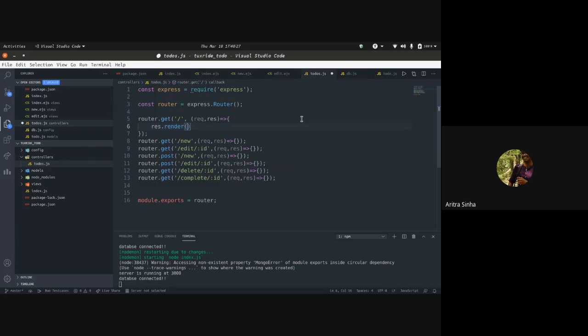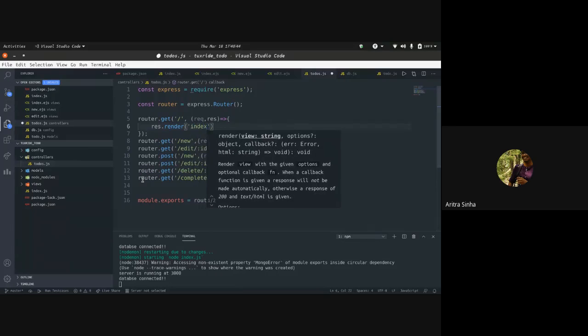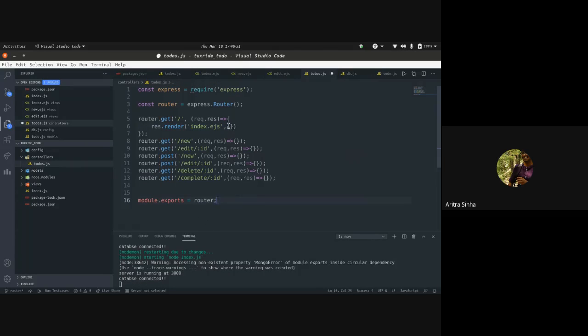What we'll do is write res.render. What res.render will do is try to find an HTML page and render it, and it will first of all look in the views folder. So since we have created views, we'll just write index.ejs. And after that, if you want to specifically send some data to the HTML page, you'll just have to give the name right here inside curly braces as a JSON object, basically.